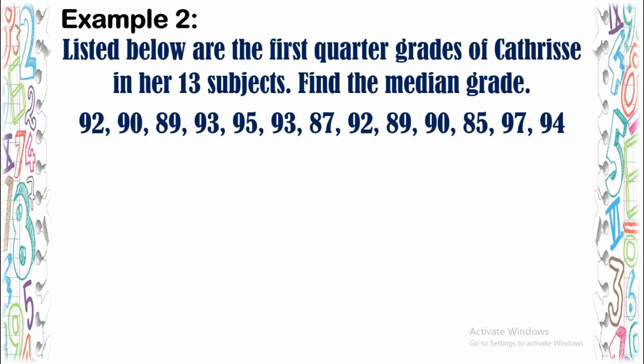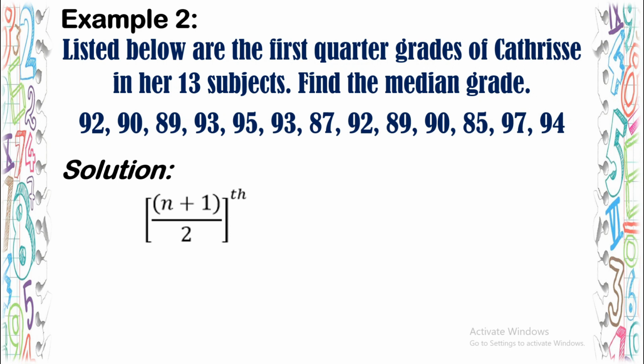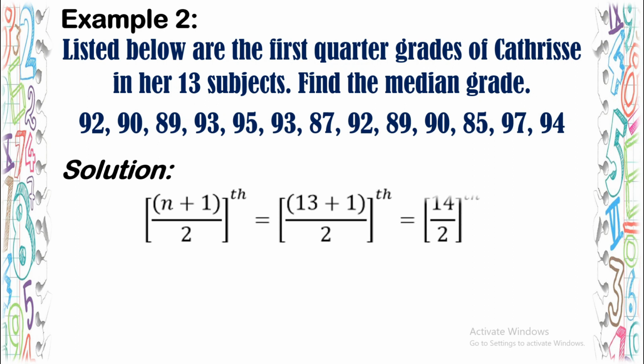Another example. Listed below are the first quarter grades of Catrice in her 13 subjects. Find the median grade. Okay, let's see. Since there are 13 subjects, we use the formula (n + 1)/2 to find the observation. So we have 13 plus 1, that's 14 divided by 2. We have 7. So the median is the seventh observation when we arrange the data in either increasing or decreasing